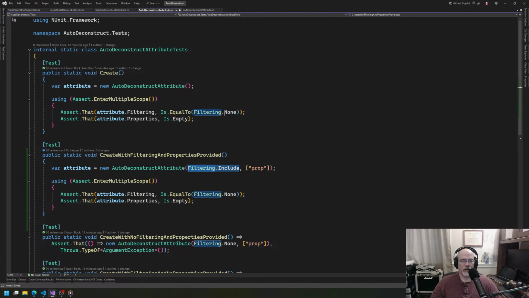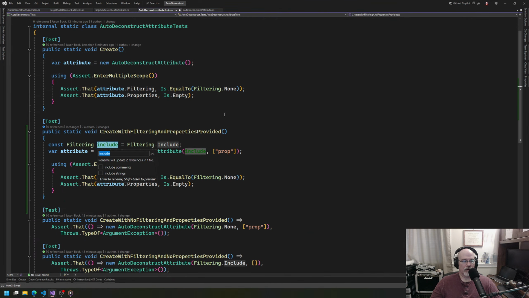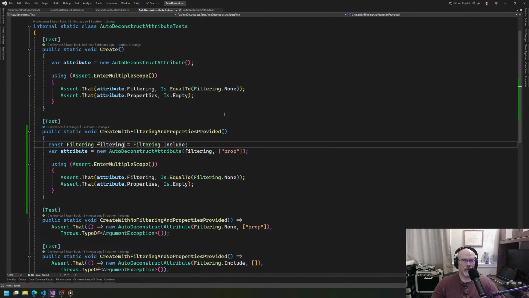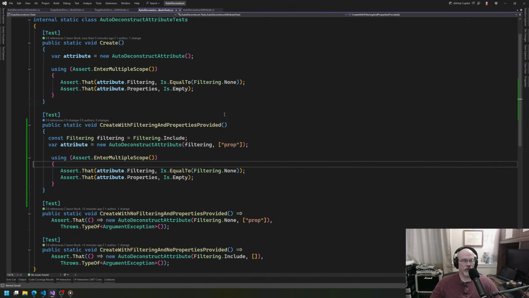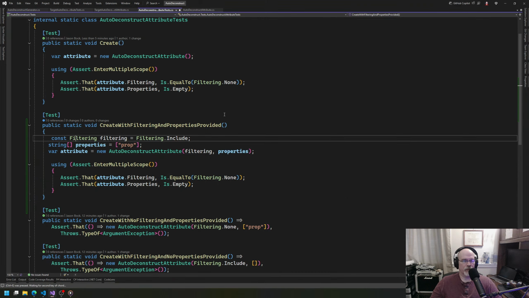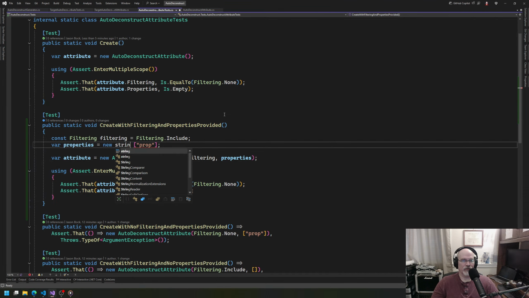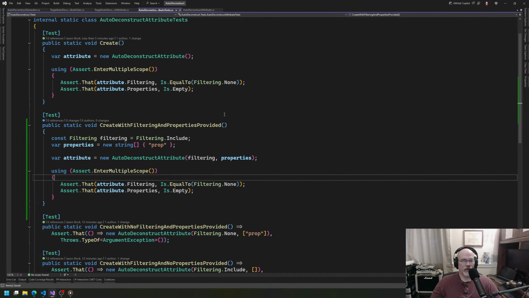And I guess, and then we could also, oh yeah, I have to do it as a new string. So now when I'm in here, I can say it's equal to filtering. And then